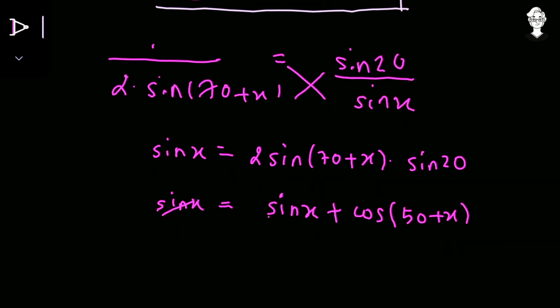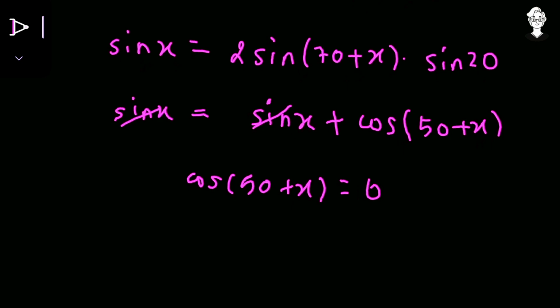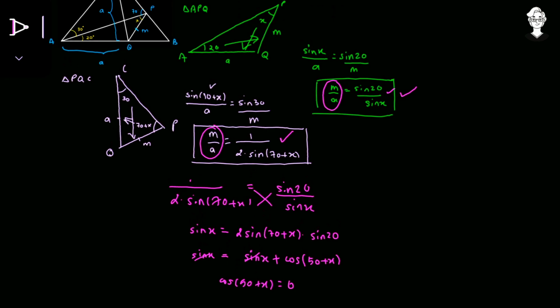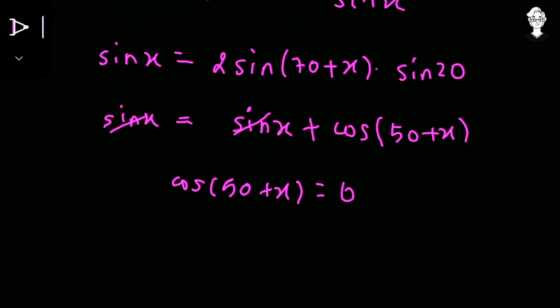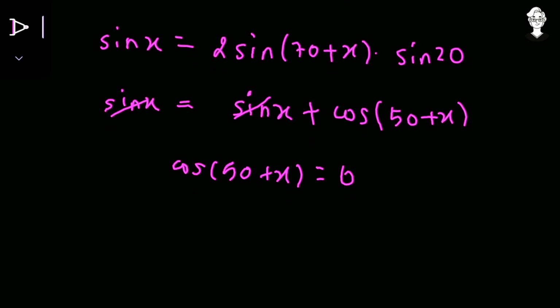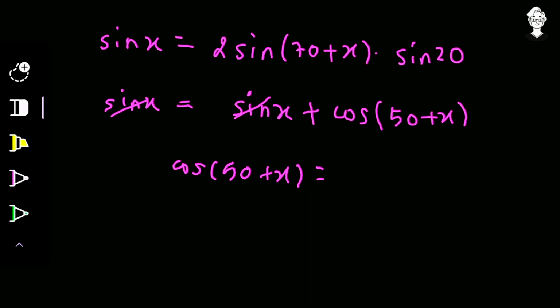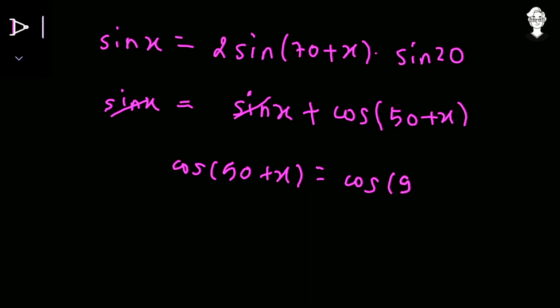Now here I can see that sin x and sin x got cancelled out, so what remains is cos of 50 plus x, and that is equal to 0. Now we have to solve this, where angle x is present inside this particular triangle. So we have to look for the smallest or nicest value, because trigonometric functions are periodic, meaning they get repeated afterwards. So 0 is also equal to cos of 90 degrees, cos 90 is equal to 0. Now on both sides we have cos and cos, so the angles become equal, and we will not go for the periodic values, we will just see the first quadrant only.